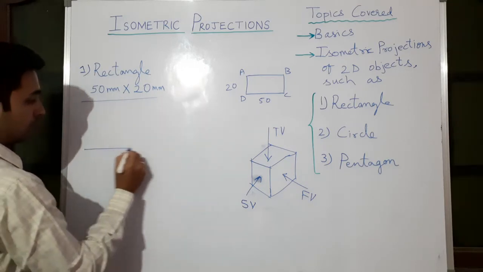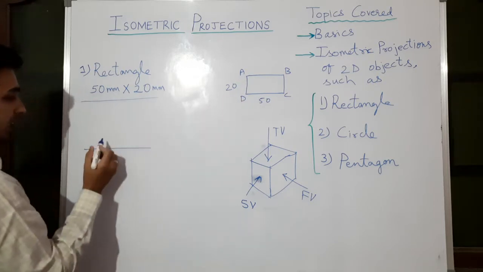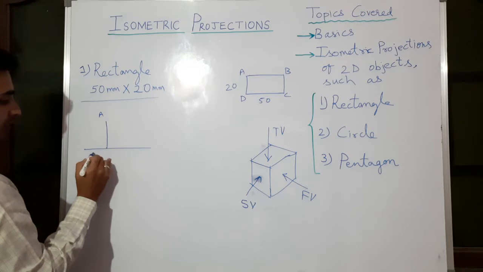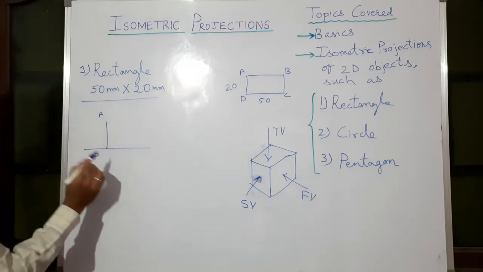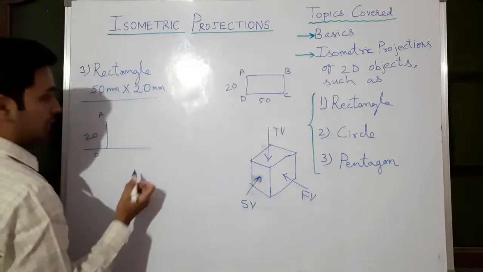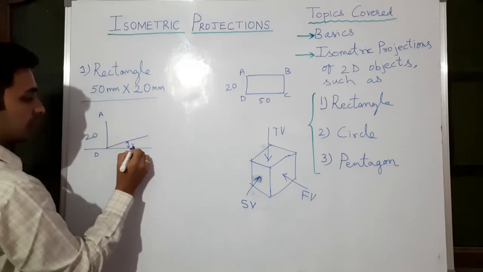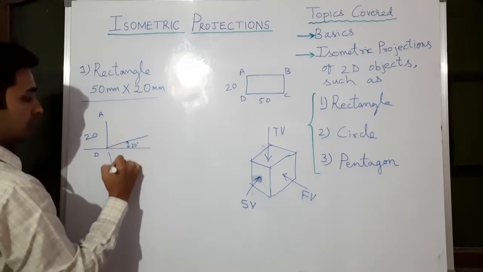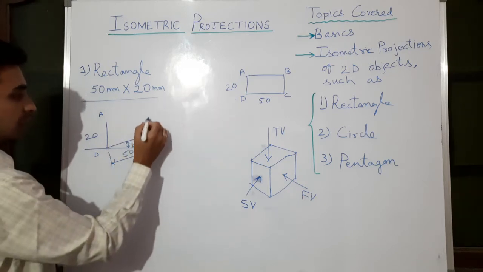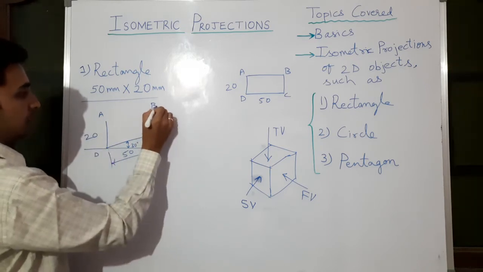Let us see how to draw. First take a horizontal line as a reference line. Height how much? A to D, 20. This is A, this point is D. Vertical line, as it is vertical, how much length? 20. So here also 20 height we have taken. Horizontal lines, what we will do, the same length 50 we will take, but at 30 degrees. This is 30 degrees. Length of the line how much? Here to here, 50. Same dimensions. Here same 20 height. This is point C. This will be B.